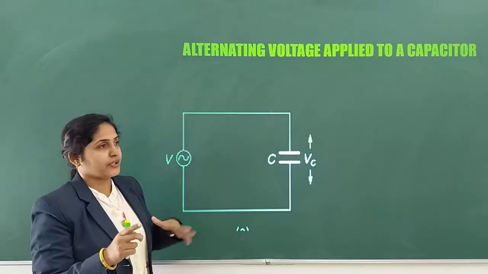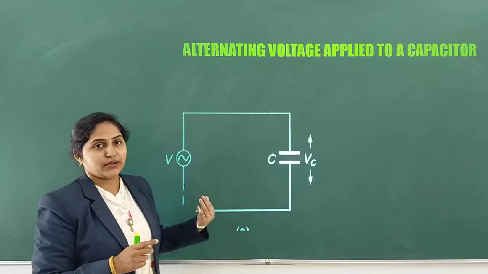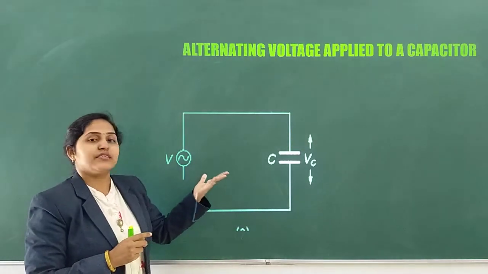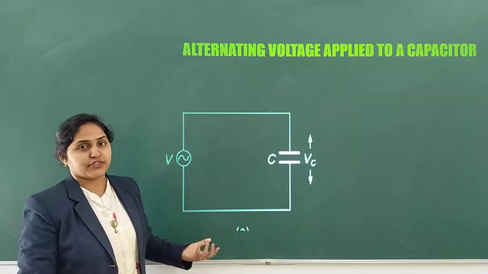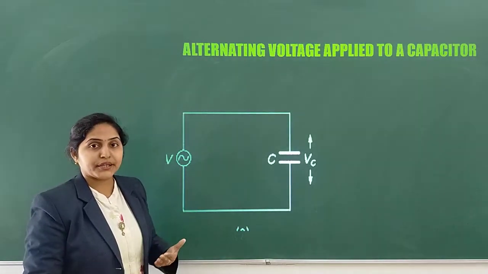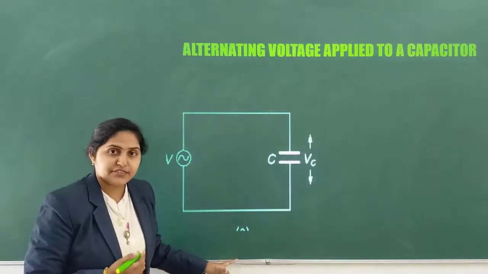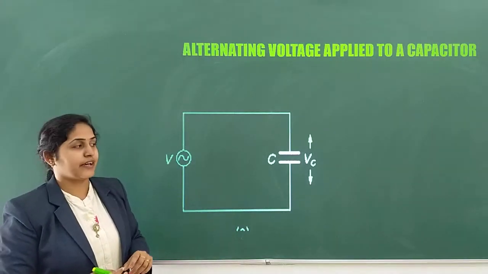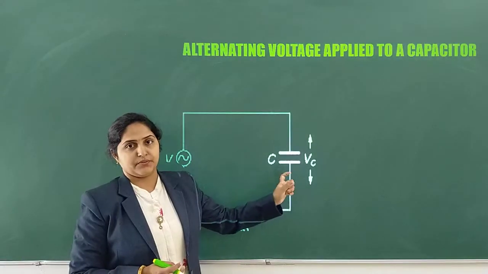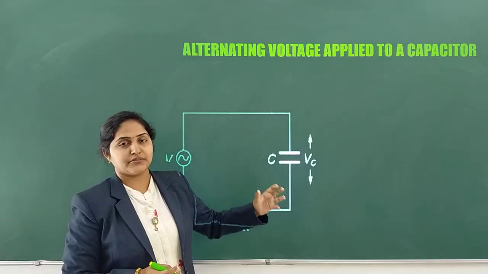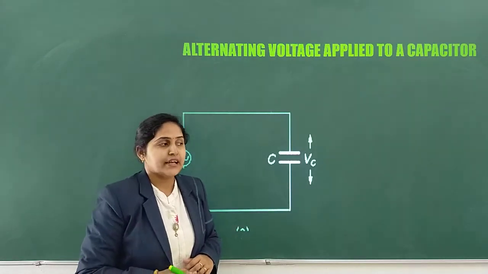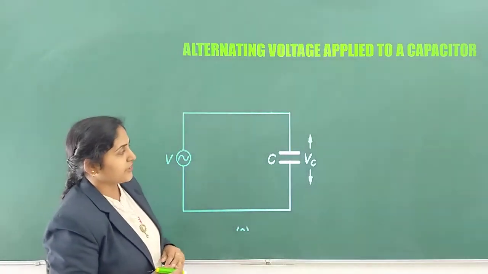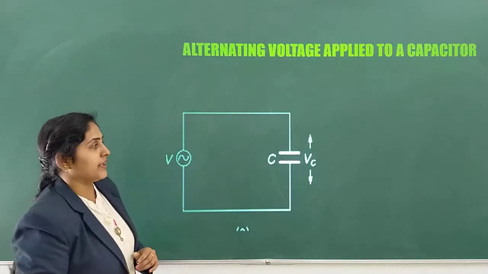When it is positive, it gets charged. During the negative half cycle, the plates get discharged. This goes on, and therefore it sustains current in the circuit. But the current will never flow through the capacitor. Only charging and discharging take place in the capacitor. So due to this charging and discharging, the current flows through the circuit. But now let us